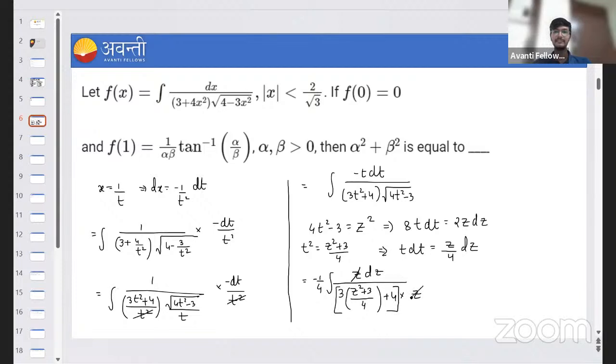Correct. So z and z will get cancelled. What I'll be left with is minus 1 by 4 into... take LCM. What I'll get? I'll get dz upon 3z square plus 9. Correct? 3z square plus 9 plus 16 upon 4. Right? So 4 and 4 will get cancelled. So I'll be left with